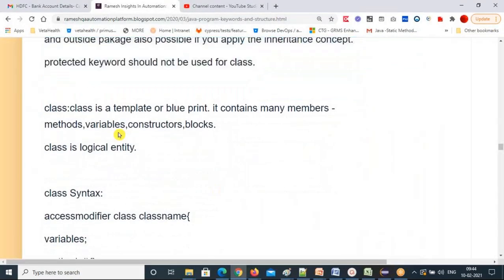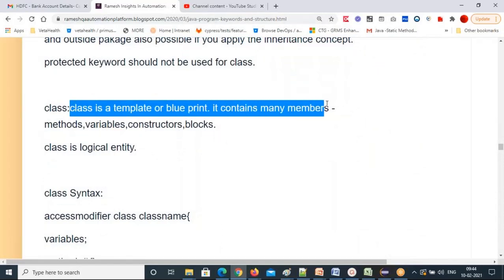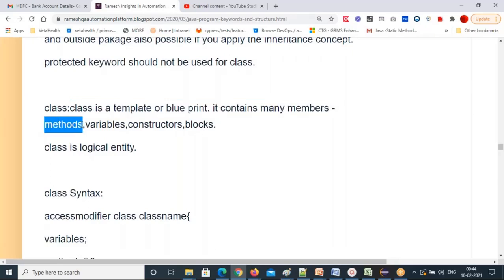What is a class? A class is a template or a blueprint. It contains many members. I have shown you already: methods inside the class, variables, constructors, blocks. These are all members of any class. You can write one method inside the class, or all these members.